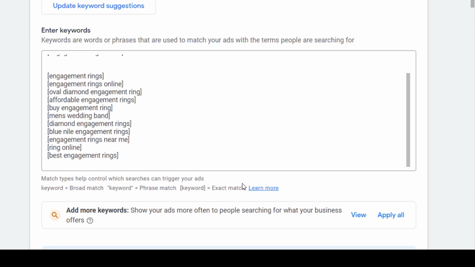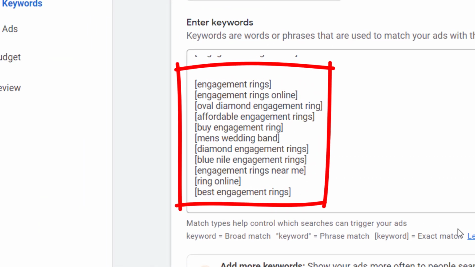With this method, Google will show your ads more selectively, and you'll only appear for searches that exactly match your keyword, while you may still appear for close variants. The chances are significantly lower compared to using phrase or broad match.